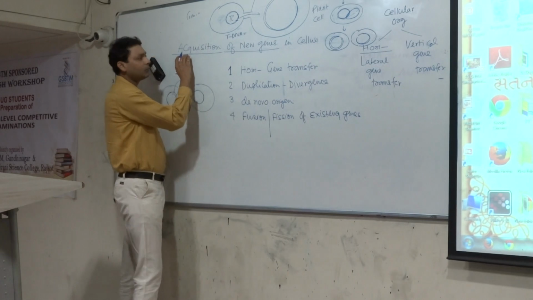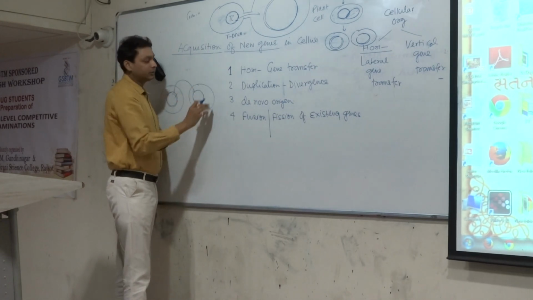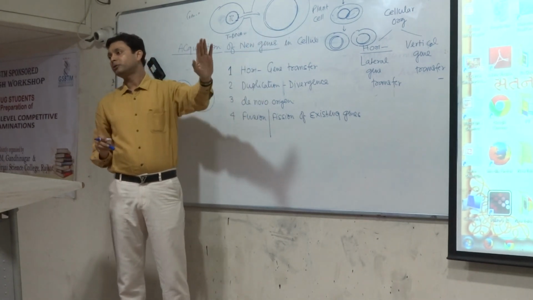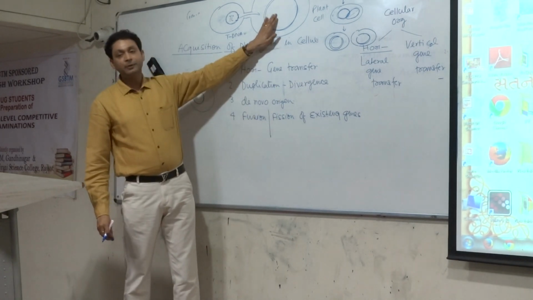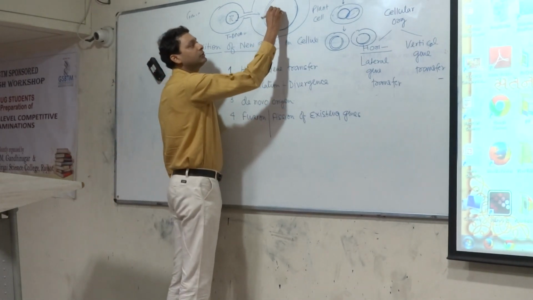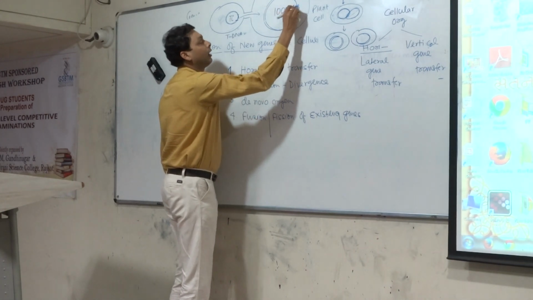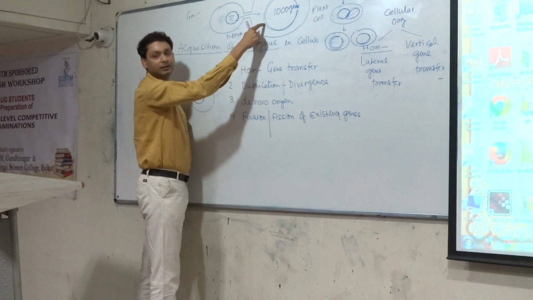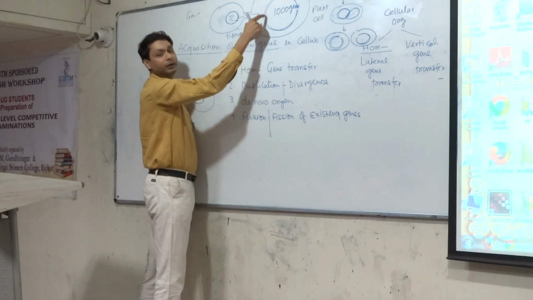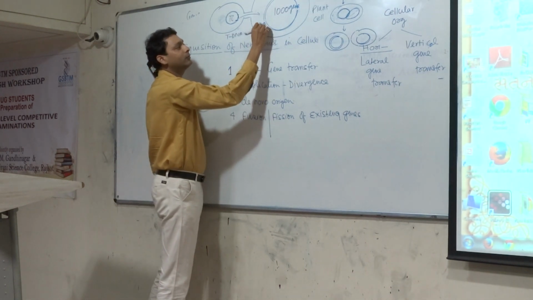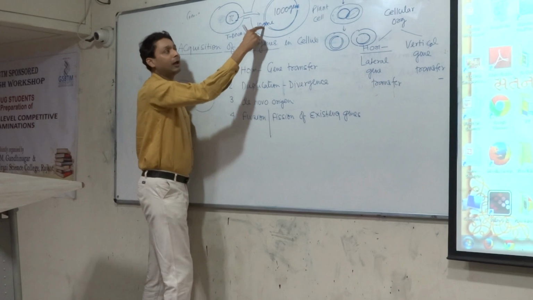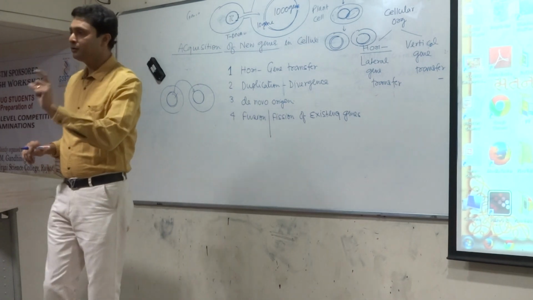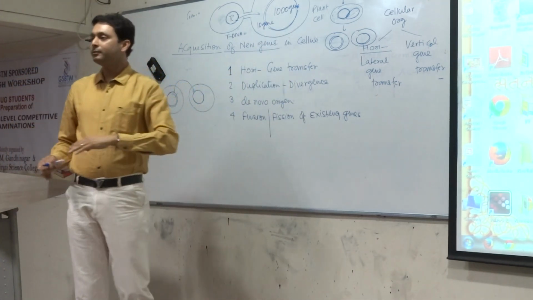So in the acquisition of a new gene, some bacterial cell or some cellular organism acquires the new gene through the process of horizontal gene transfer. For example, in this plant cell, suppose there are 1000 different genes present, and when horizontal gene transfer occurs between Agrobacterium tumefaciens and this plant cell, a few genes enter from here to here. Suppose 10 genes enter from this bacterial cell to here. So I can say there are now 1010 genes. The plant cell acquired 10 new genes, and this is the case of horizontal gene